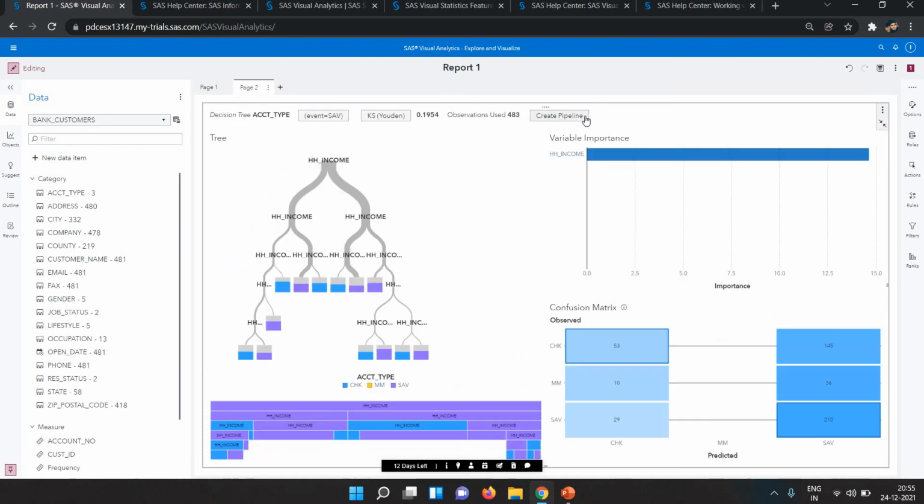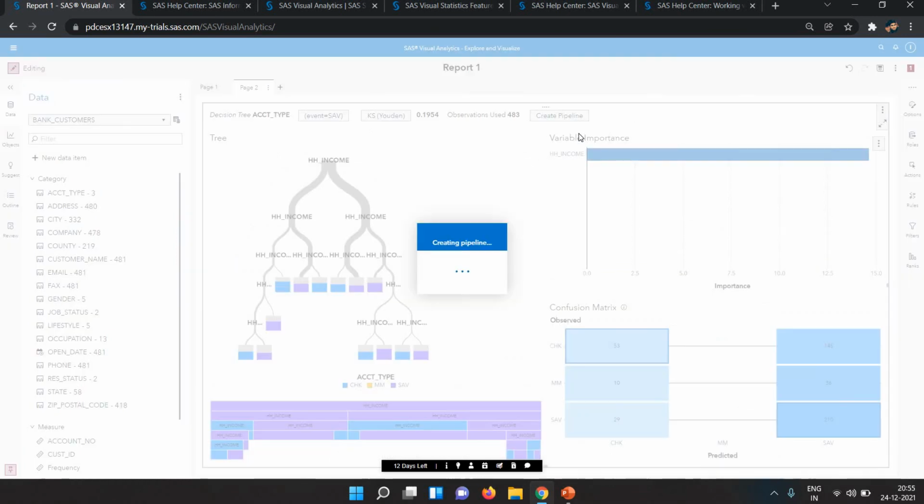Let's create the pipeline here. So I'm creating the pipeline for this. The pipeline is basically the steps I took when I created all of this flow. That will show all my pipeline, what I did.